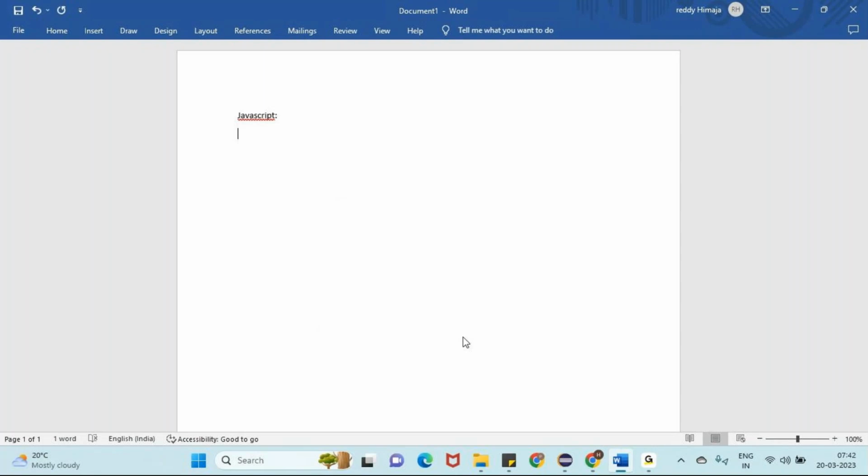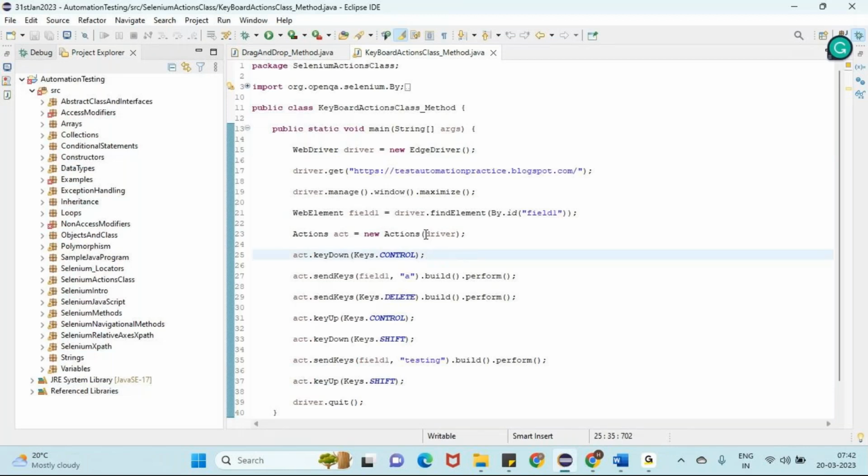At that time, what do we need to do? We need to use JavaScript, guys. In JavaScript, first of all, what do we need to do? Same as the Actions class. In the Actions class, we converted our driver object to an Actions class object, right? Same like this, we need to convert to JavaScript executor, guys. So here we need to create an object of JavaScript executor, and we need to convert the driver object to a JavaScript executor